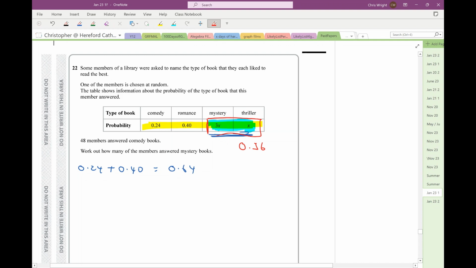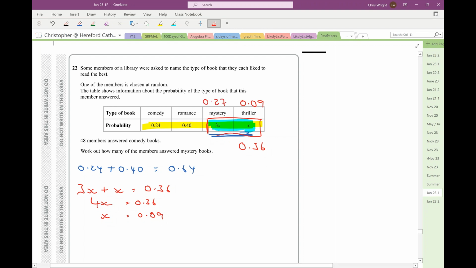Well, one of the boxes is 3x, and the other box is x, and I know they must add up to 0.36. So 4x is 0.36, divide by 4, x is 0.09. So now I know that this one is 0.09, and the mystery one is 3 times 0.09,